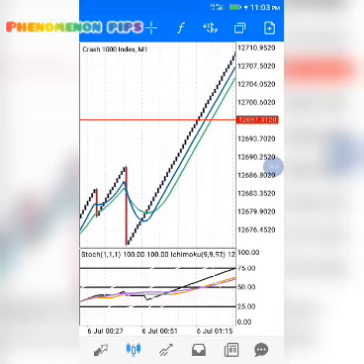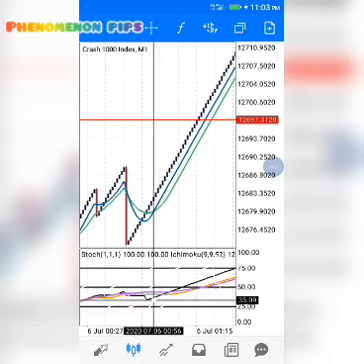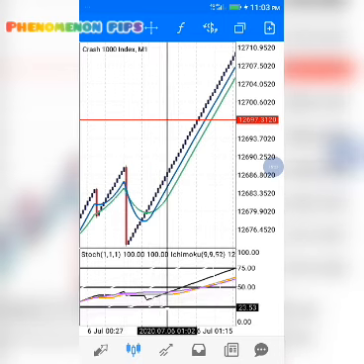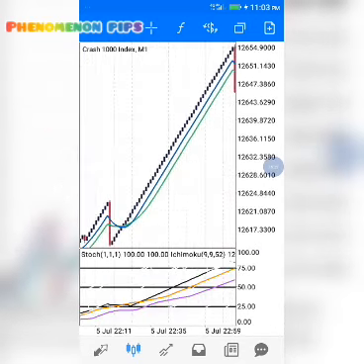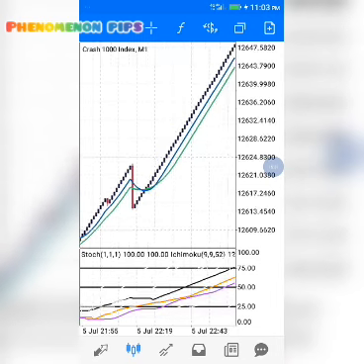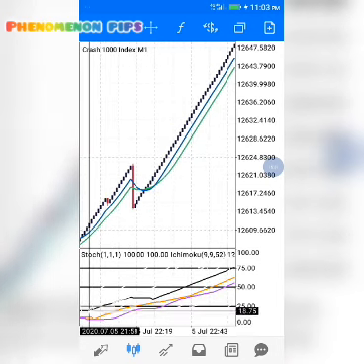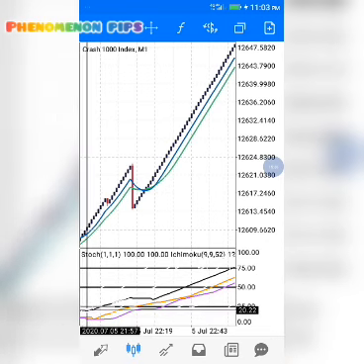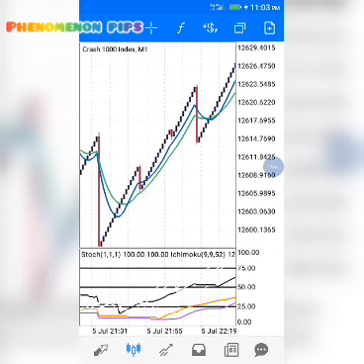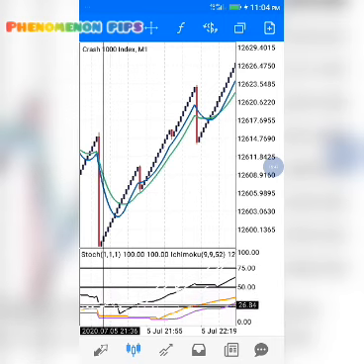Boom is selling while Crash is buying. If you want to use it on Crash, make sure that the market is already at the 25 level here. When you see the signal, the market is around the 25 level, because the market is telling you that it is already oversold.